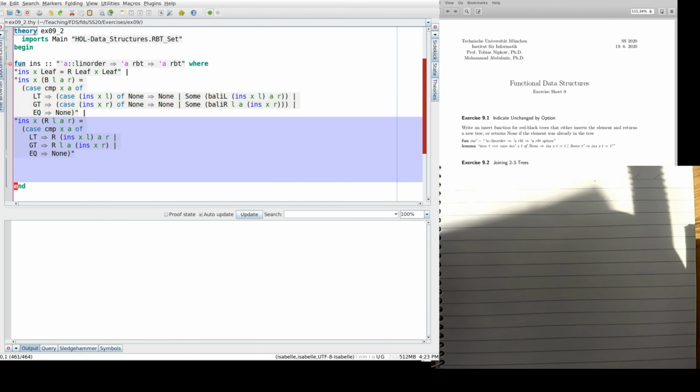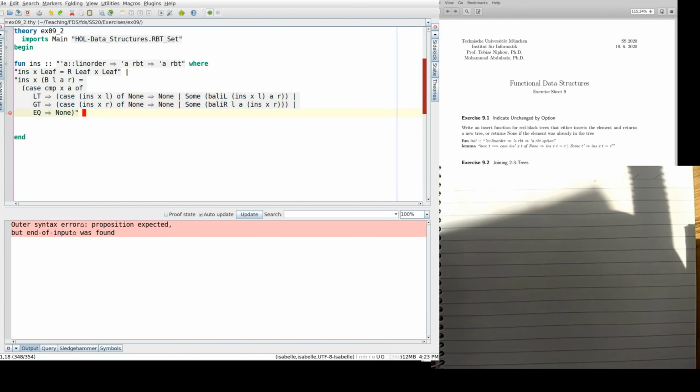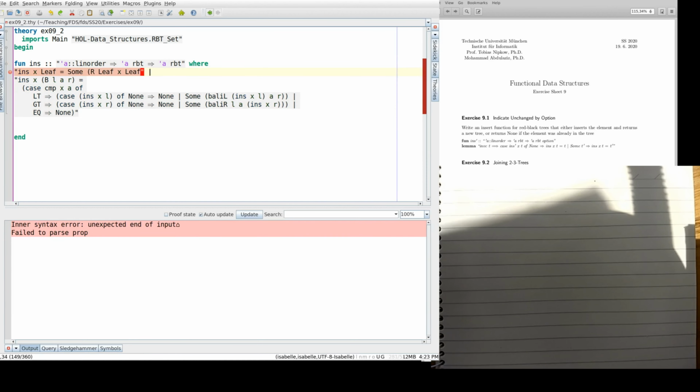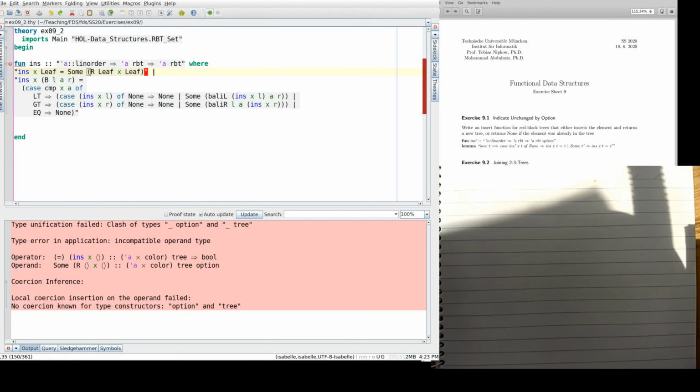Let me just make sure that this case doesn't have errors. Yeah. Of course, this should be some t. Should be some other key. So, and then